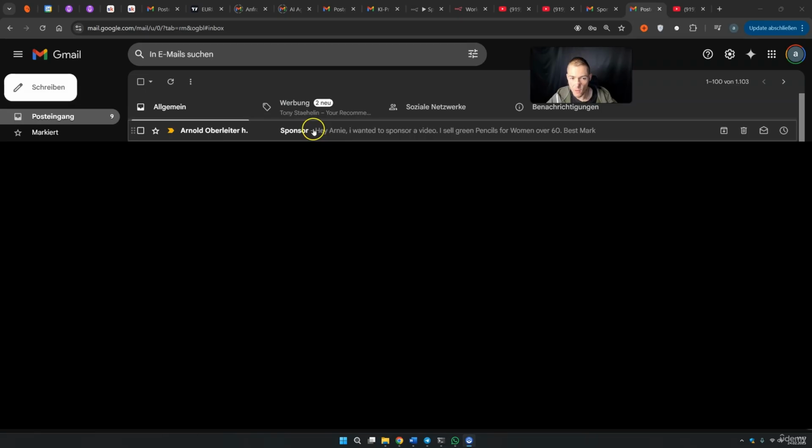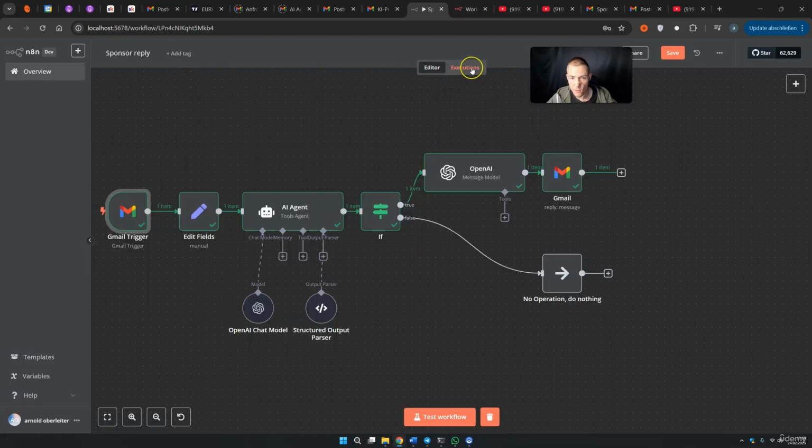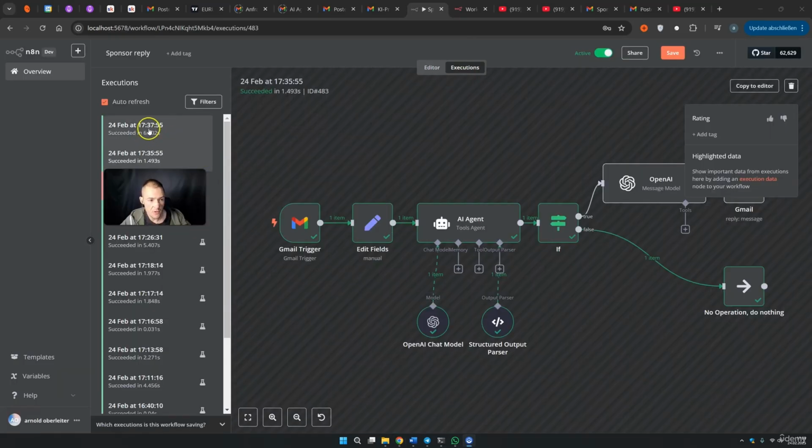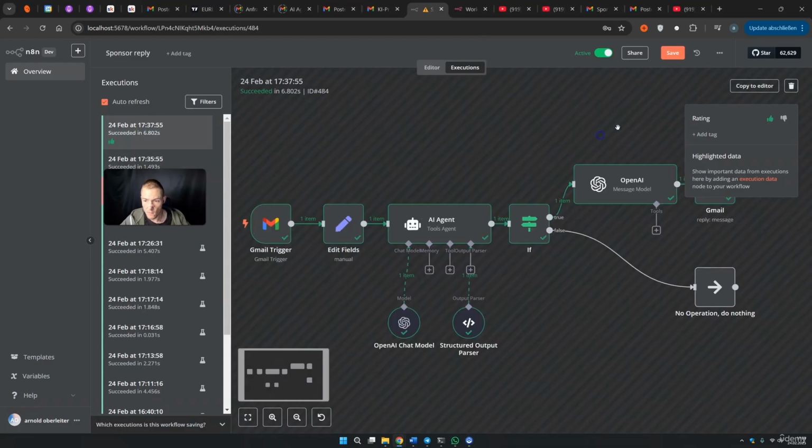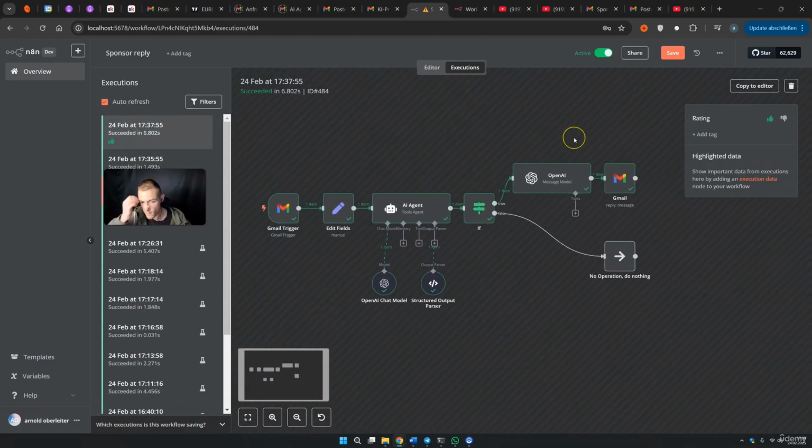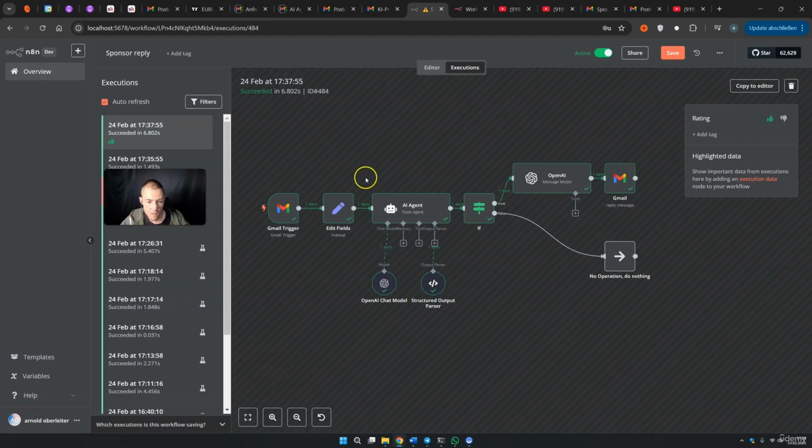I got my email query here. We come back to n8n, we go on executions. And let's just see, this thing gets executed nearly immediately, so I can press on it. And here we see, yes, it got triggered correctly. So you see, Gmail got triggered, edit fields got triggered, our AI agent gets triggered, the if node gets triggered, the if node decided that this is indeed a sponsorship,